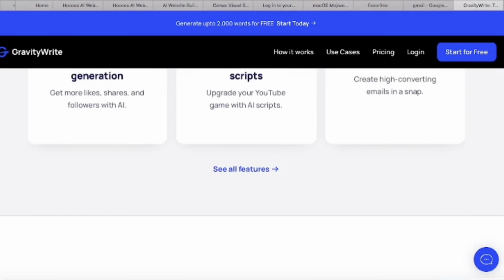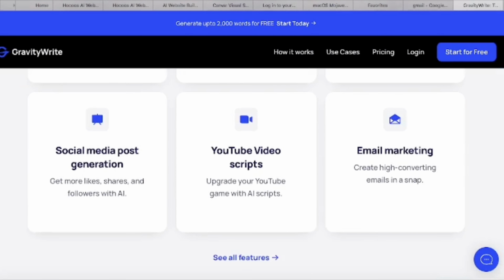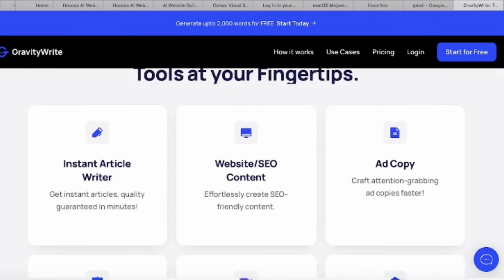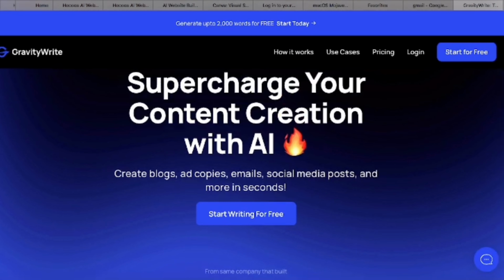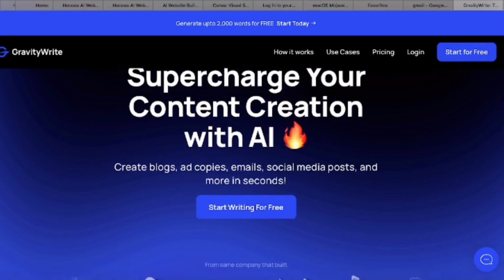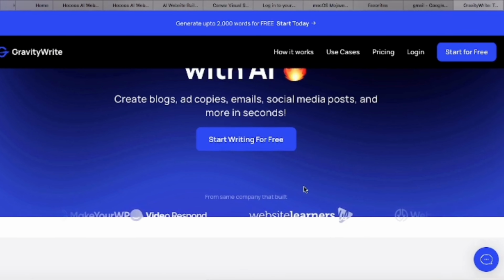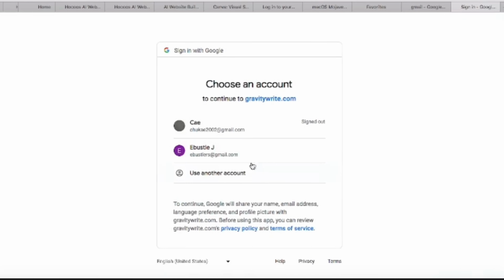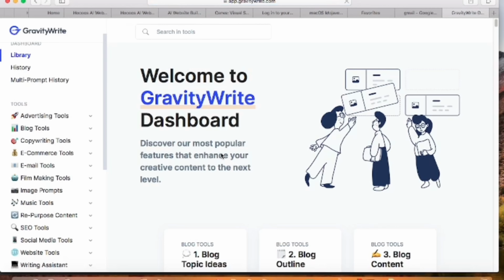And for us to use this tool, we'll need to sign up and create an account. The link is in the description box below, so just go ahead and click on it and it will take you directly to the site. Now let's get started by clicking on Start Writing for free. Enter your details here and create account. Now that we are on the dashboard,